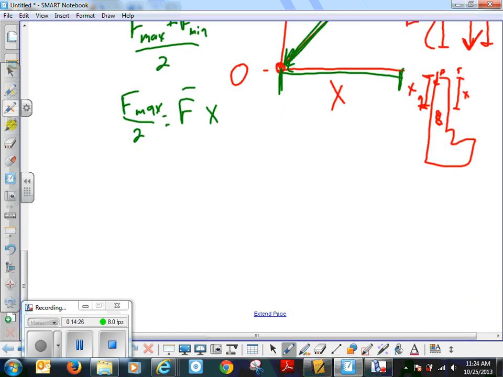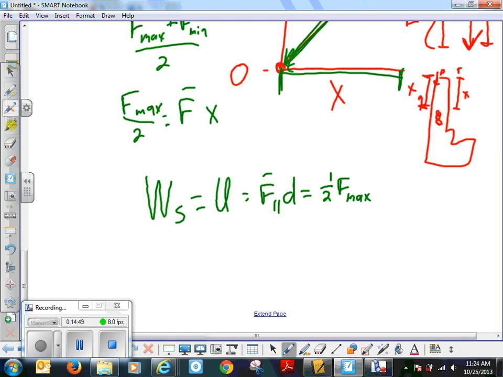So if we take this a little bit further, we say the work that a spring can do is equal to the potential energy that's wrapped up in the position of the spring away from equilibrium, is equal to average force times parallel displacement. Our average force then is 1/2 of the max, right, times the displacement. Okay, so our potential energy of the spring is 1/2